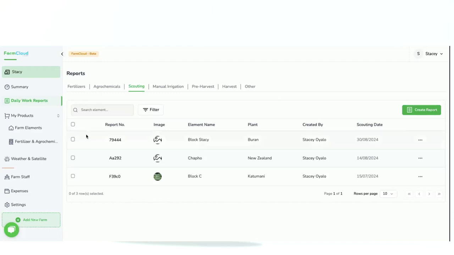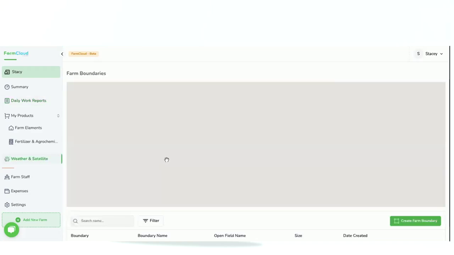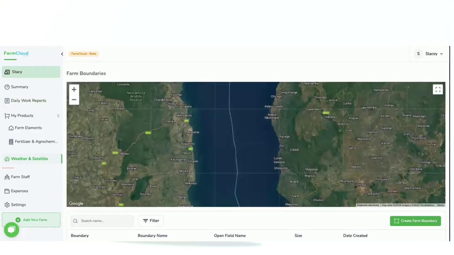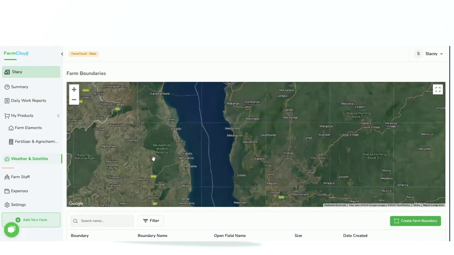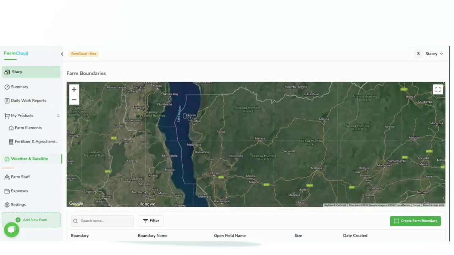Okay, so guys, we are now on this last bit, which is the weather and satellites. On the weather and satellite section, it basically helps you to see the weather forecasting, and on the satellite section, it helps you see the greenness of your crops. So if I can just show you guys what is supposed to be done. First, you need to create a farm boundary in order for it to pick up your data. So you will tap on create farm boundary,